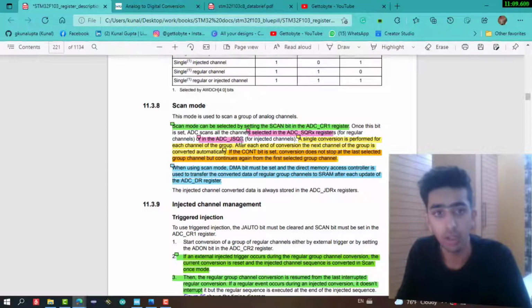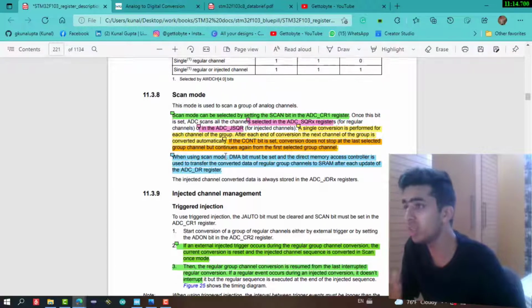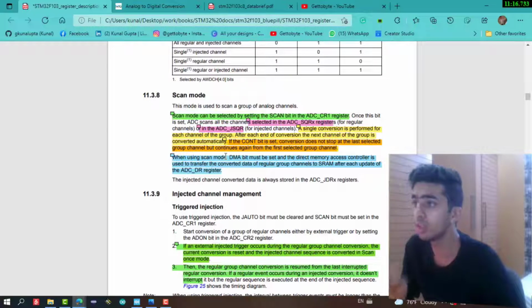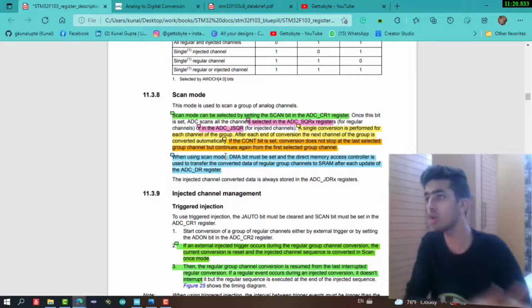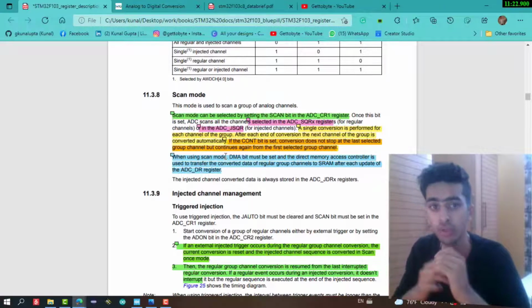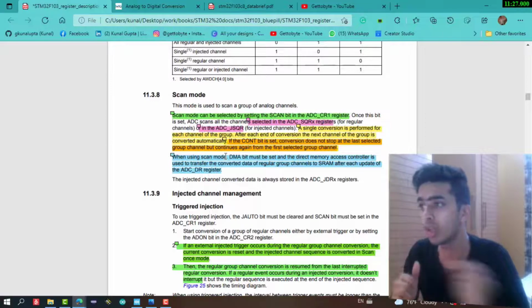Now if we are using the scan mode, it means that we have configured more than one channel. That is why we want to scan all the channels of a particular group. So if we are using scan mode, then we have to use DMA to get the data of all the converted channels.